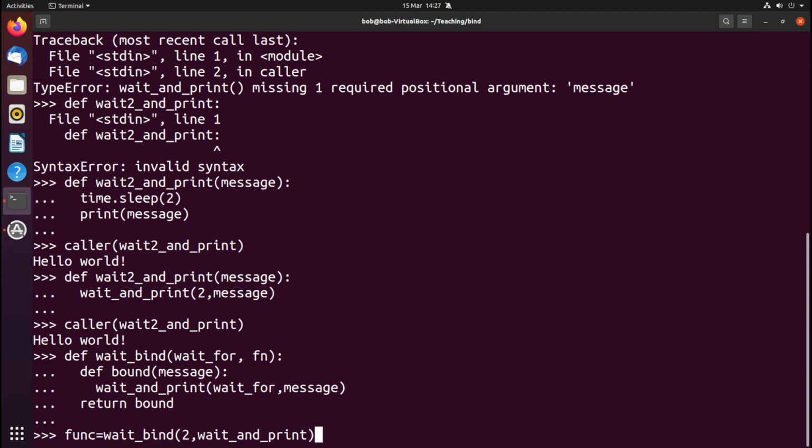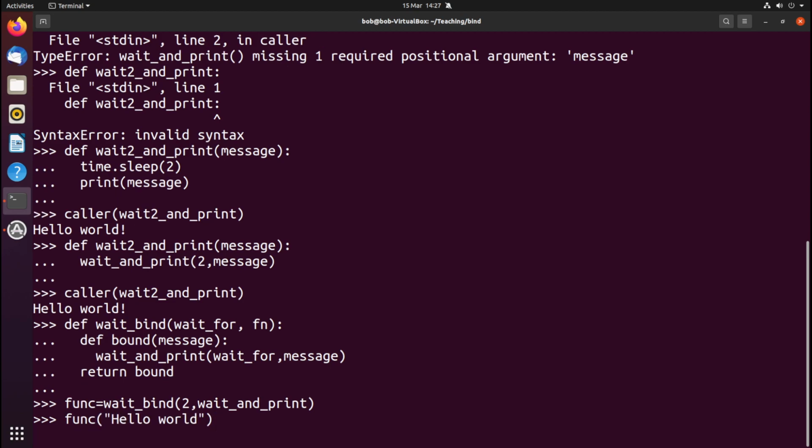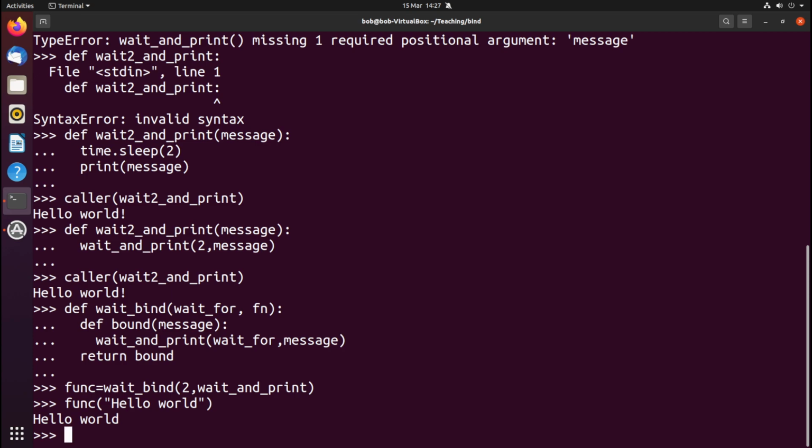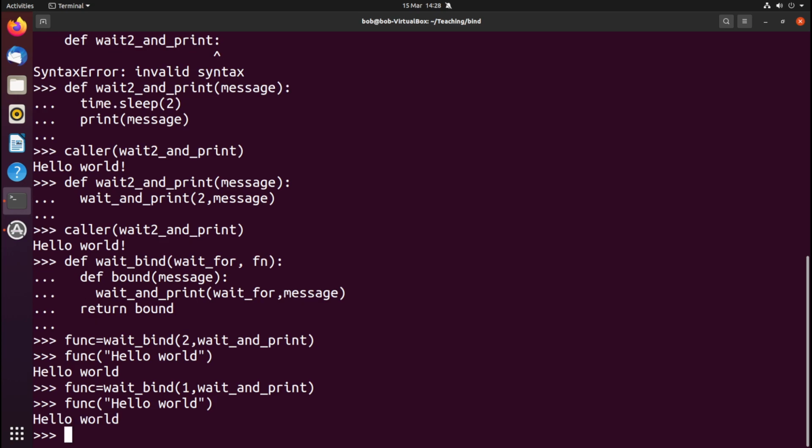Okay, and my second parameter is the function that I'm binding. I can now call func with hello world, and it will wait 2 seconds and print hello world. And if I change that 2 there for a 1, it'll wait 1 second and print hello world. So effectively what I've done here is I've created a function, my wait bind, that creates functions, these bound functions